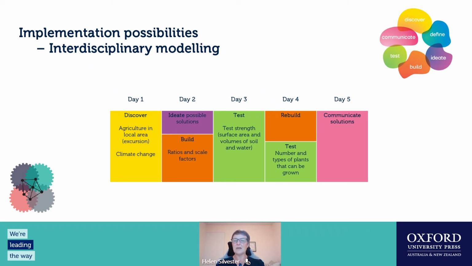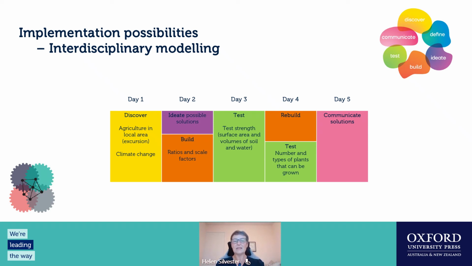They'll need to think about the numbers and the types of plants. If you've got a big vertical garden, you're not going to grow big tall trees on each one of them. You might only be able to grow small lettuces, for example. So they'll have to do some calculations in there of the number of plants that will be involved. And then you can have a display day on day 5, invite the parents along, and showcase everything that they've learned for the semester, all joined together in this final STEM project.